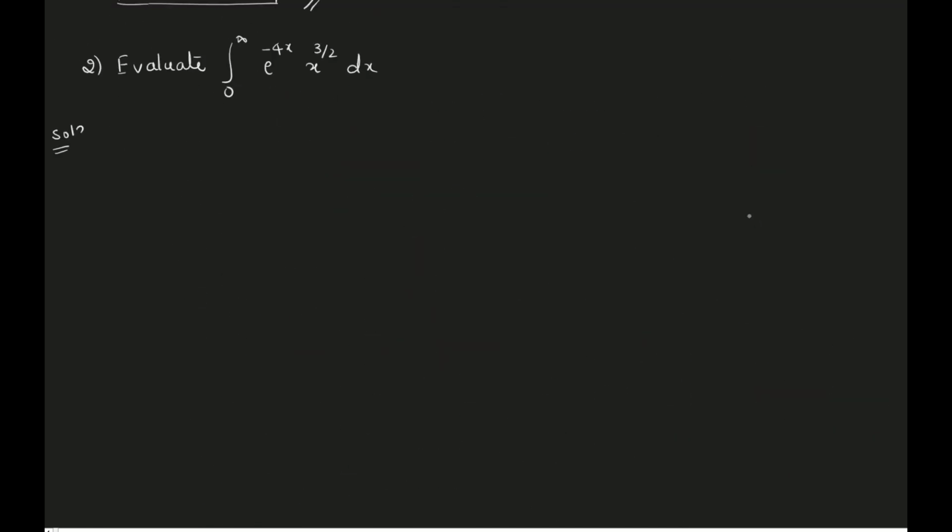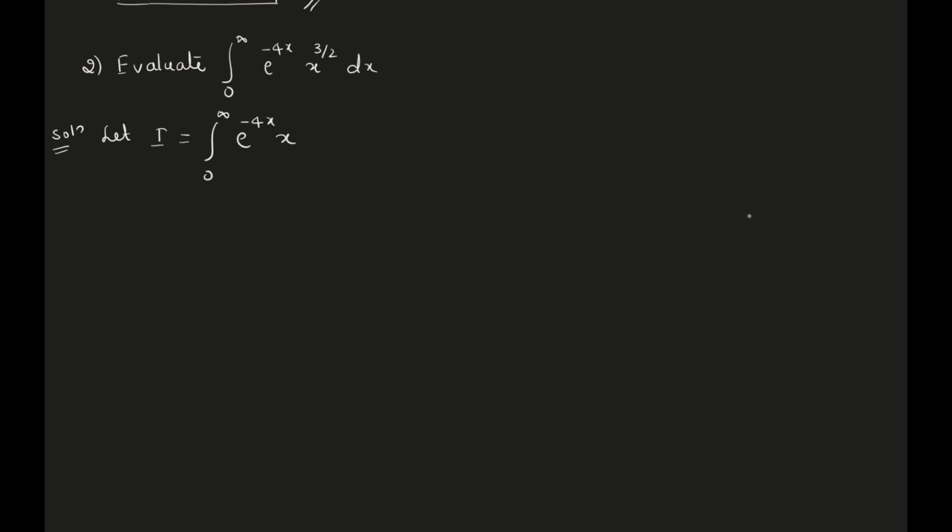Now, let us try one more example. Evaluate the integral from 0 to infinity of e raised to minus 4x times x raised to 3 by 2 dx. As in the previous example, let us denote this by I. I is the integral from 0 to infinity of e raised to minus 4x, x to the power 3 by 2 dx. Now put